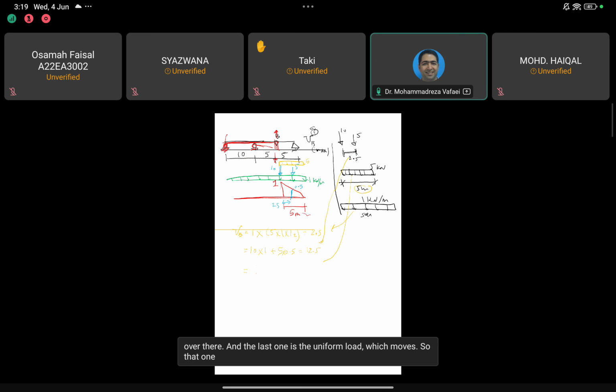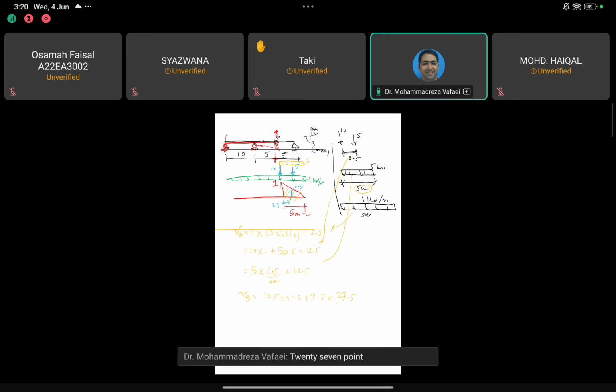So that one is going to be 5, also multiplied by the area under that load, which is the complete area up here, because the length of the load is 5, and the influence line also gives us a 5-meter length. So it's going to be 5 multiplied by 2 divided by 2, which is 2.5, the area. This is the area. So this one also results in 12.5. So VB, the maximum VB, is 12.5 plus 20.5 plus 2.5, which equals